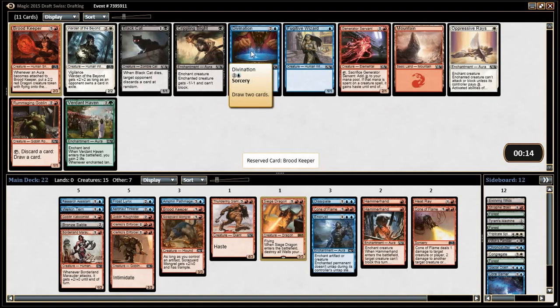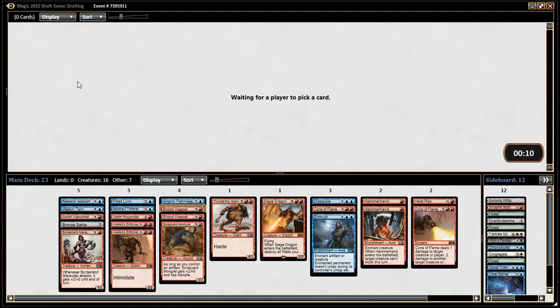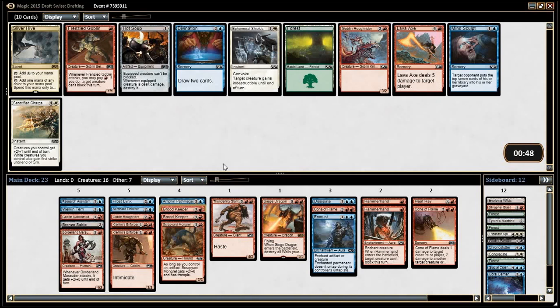Okay. Alternatively, we could just take this Divination. I do love Generator Servant, but this deck isn't perfectly positioned to take it. No, we have 1 5-drop. And you're not going to parry out one of these. And then it's literally... Generator Servanting a Siege Dragon is backbreaking. That is powerful. I'm not going to...